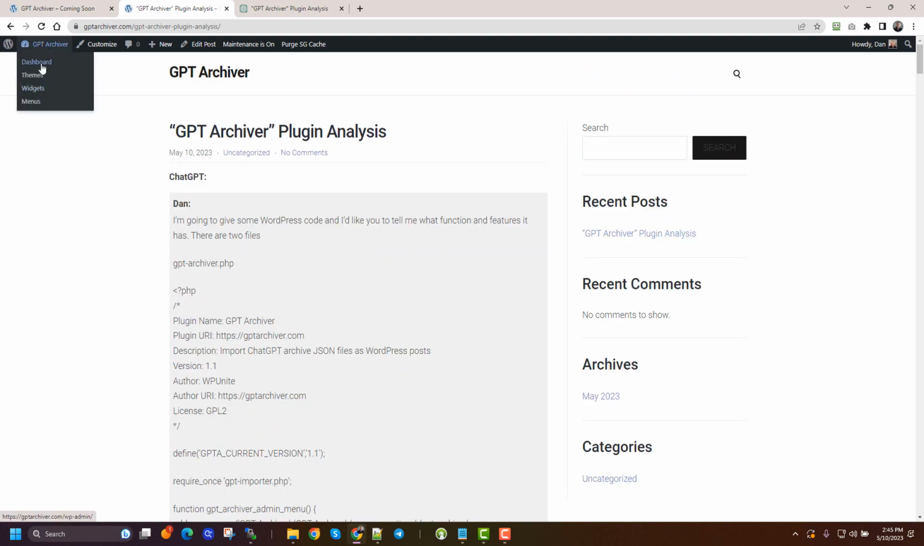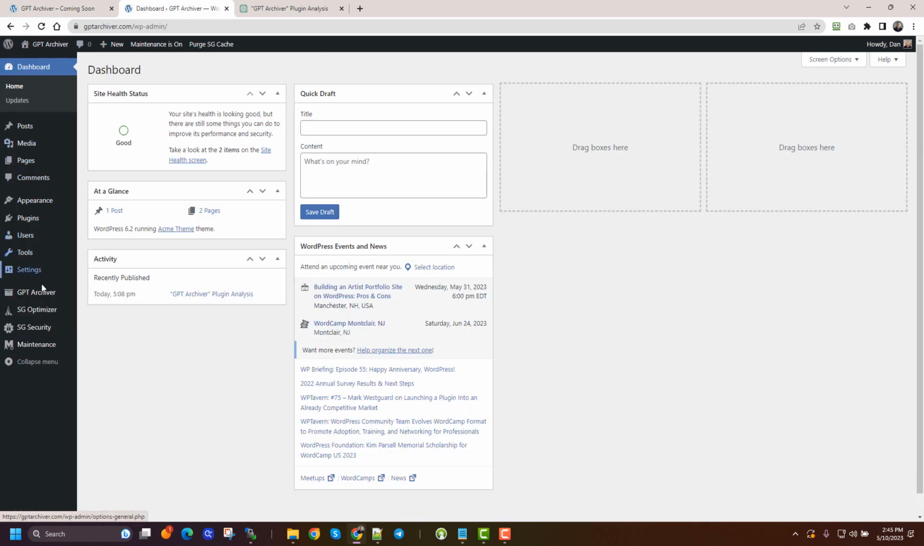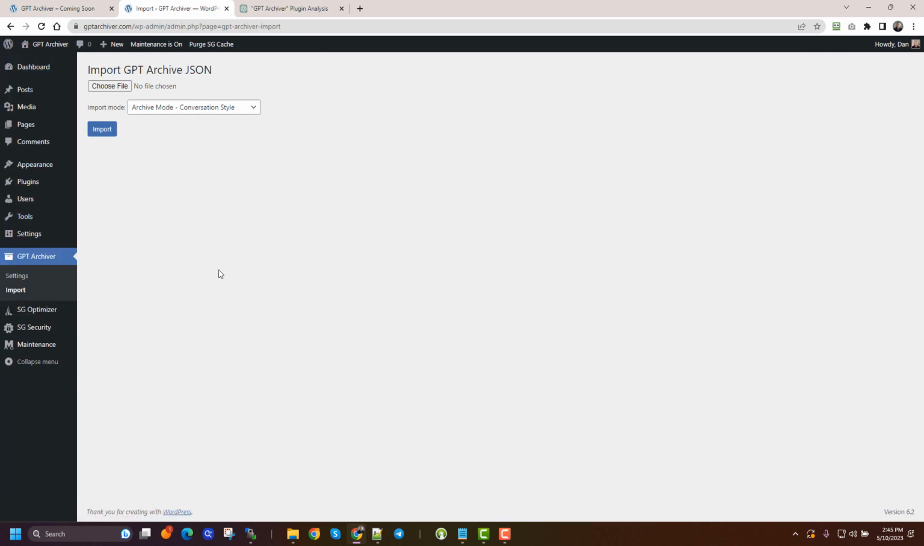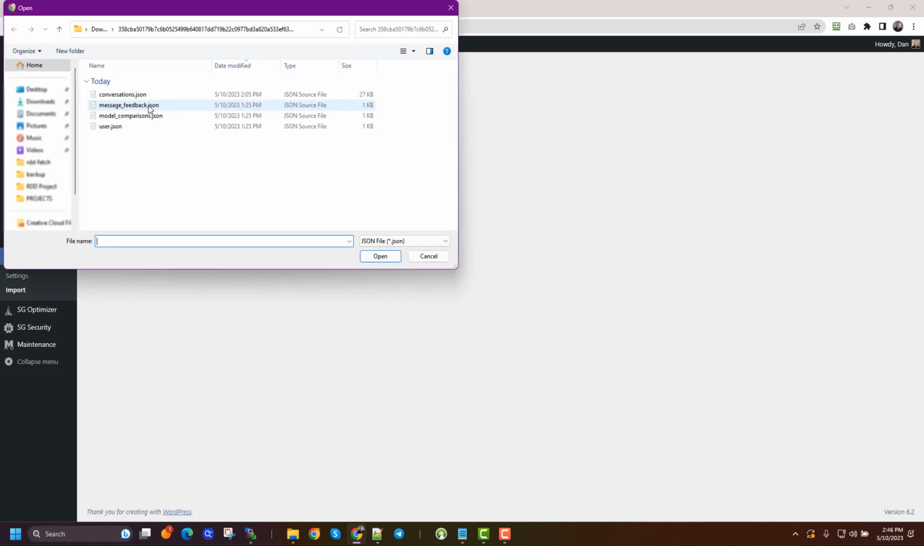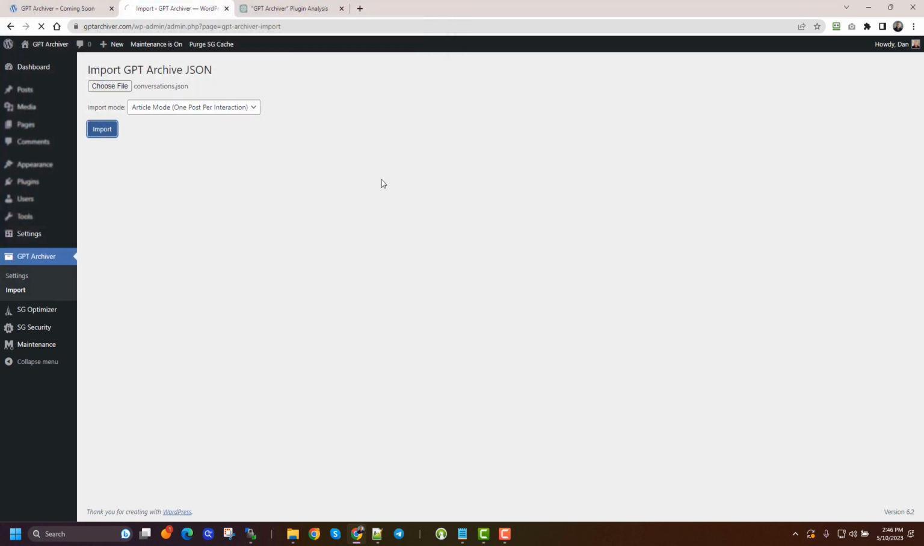Now if I go back here again, and I go to GPT Archiver import, and I change it to article mode, and choose file and conversations and import, then it's going to make a separate article for each of my questions. Now, once again, I don't like the fact that maybe people are using ChatGPT to create content that could be